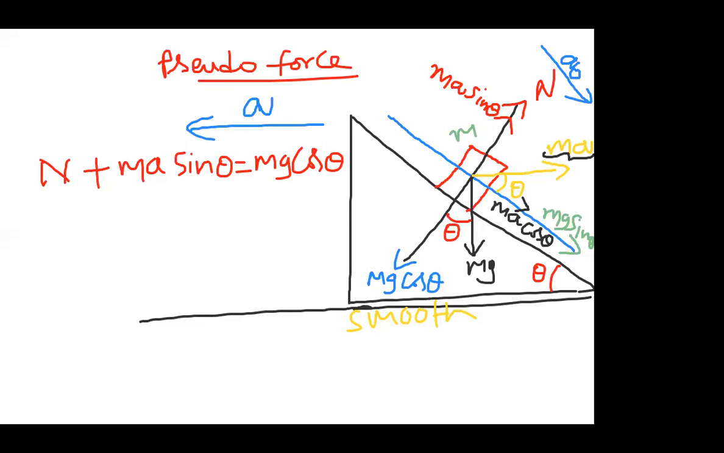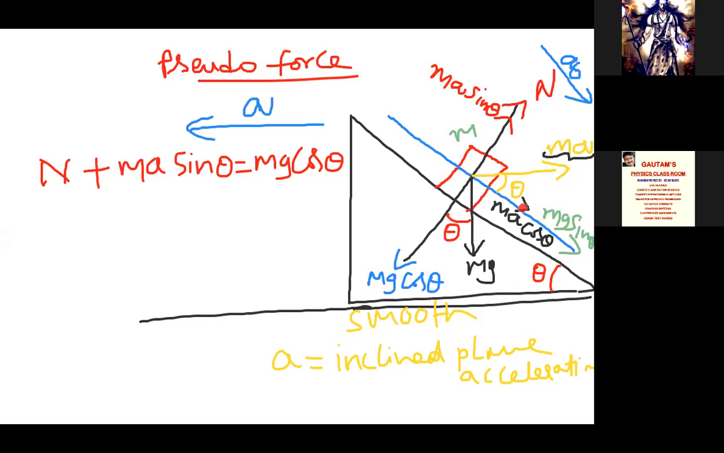A is the inclined plane acceleration. Because now when the inclined plane is moving in this direction with an acceleration A, a pseudo force acts on the block, that is ma. Because the inclined plane is smooth, the forces mg sin theta and, because of the pseudo force, ma cos theta are the two forces acting